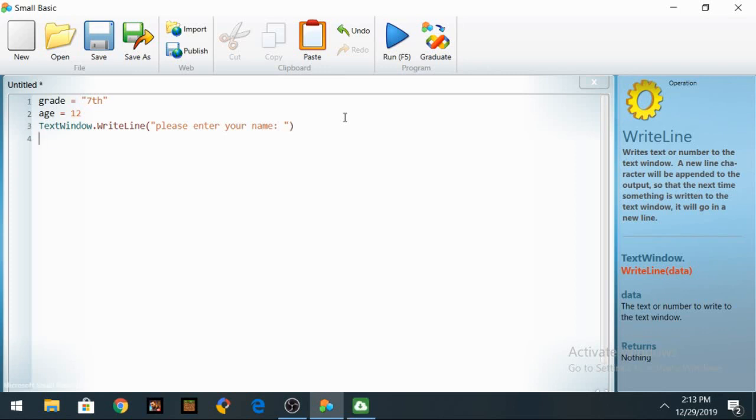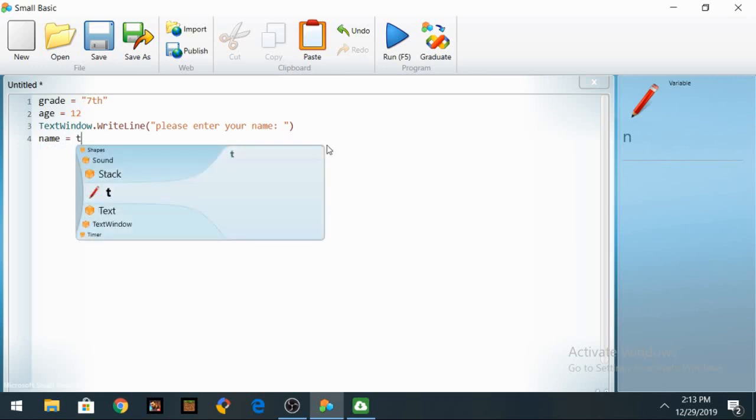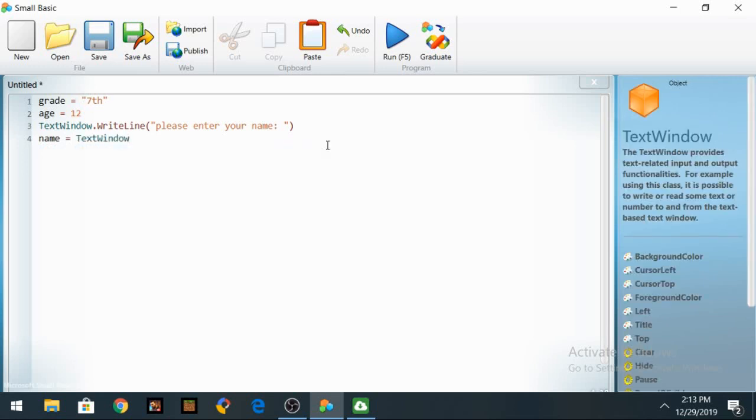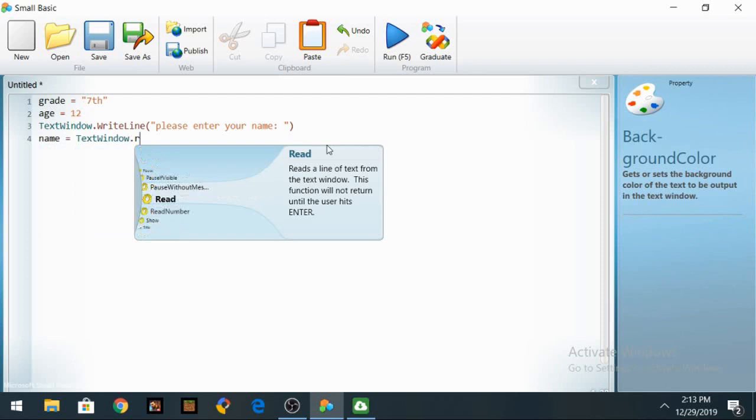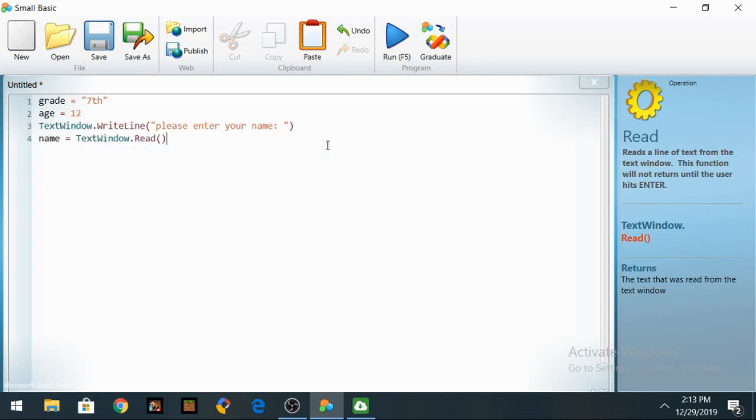Now name is equal to, as it's letters, we need to take input of letters, so use Read. As you can see, it reads a line of text from the text window. This function will not return until the user hits enter. So TextWindow.Read,